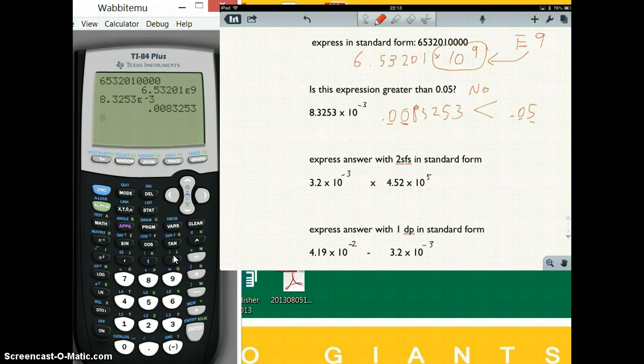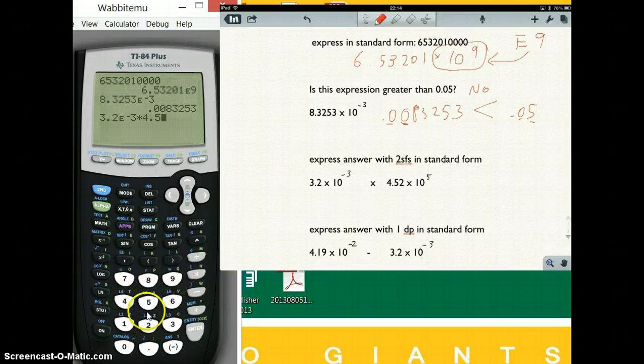Okay. Now we're going to express the answer with two significant figures in standard form. So we're just going to do this multiplication using the calculator, and in this case we want the answer in standard form, so we're going to put the mode into scientific notation again. Okay, and then we're going to type 3.2 EE and then negative 3, and then we're going to multiply this times